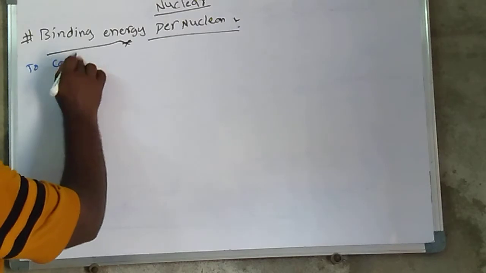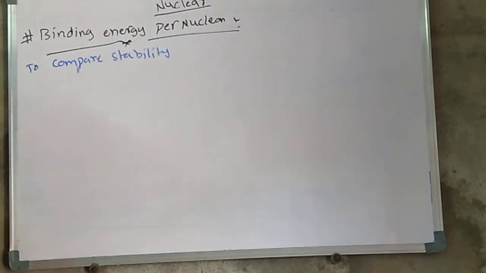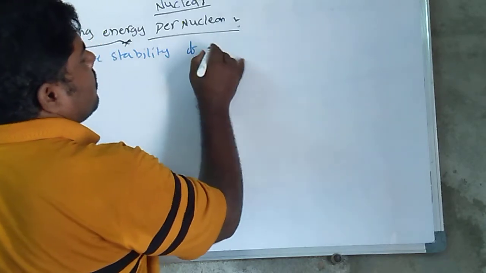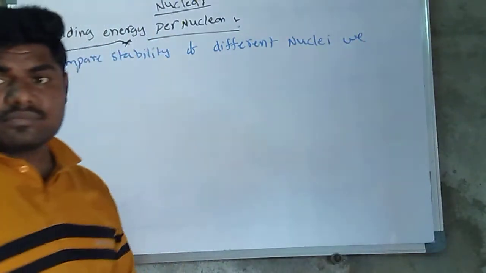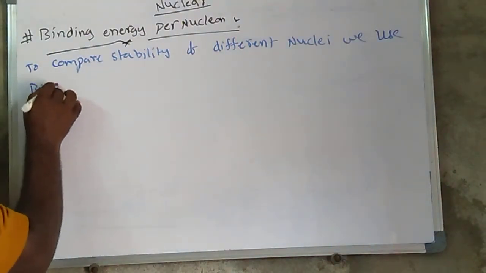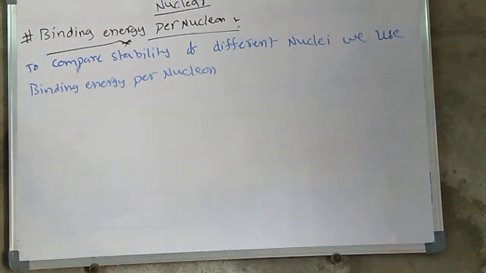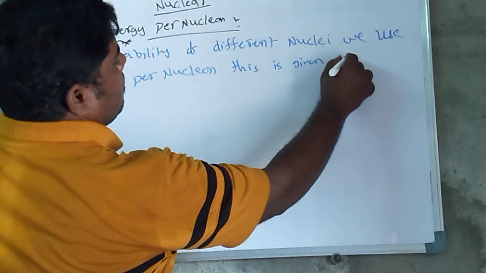Another important topic: binding energy per nucleon. To compare the stability of different nuclei, we use binding energy per nucleon. This is given as,